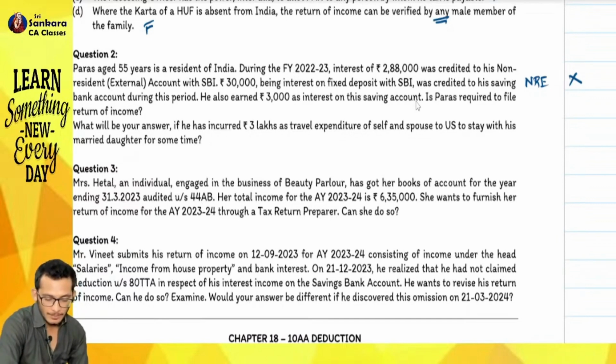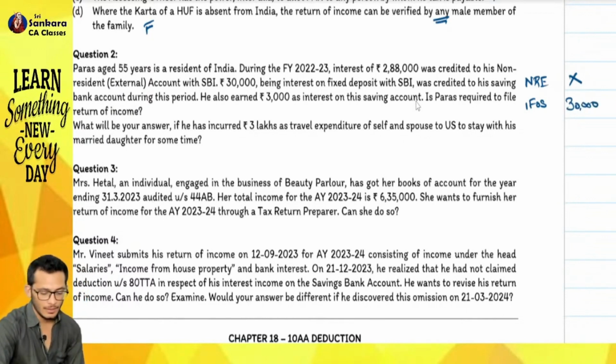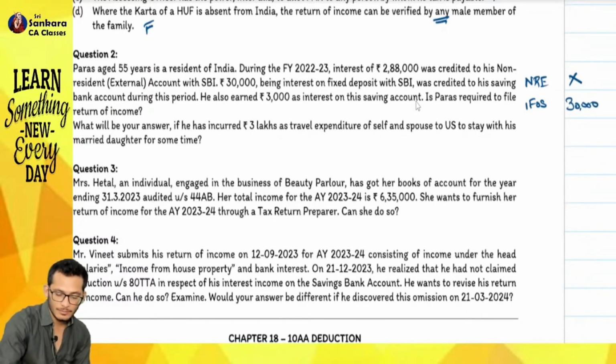Then you have interest on fixed deposit with SBI, taxable. Amount 30,000. Then interest on savings account. Interest on savings account amount is exempt. Taxable total is, this is your